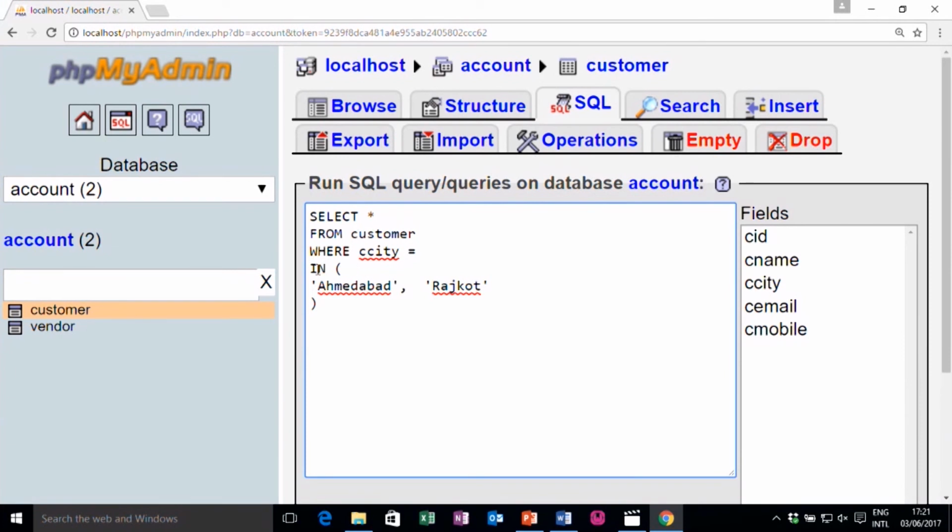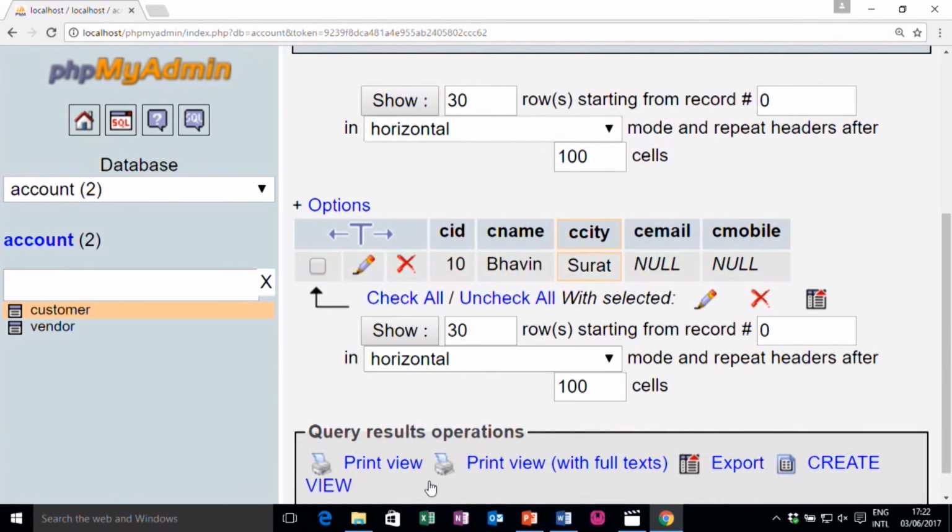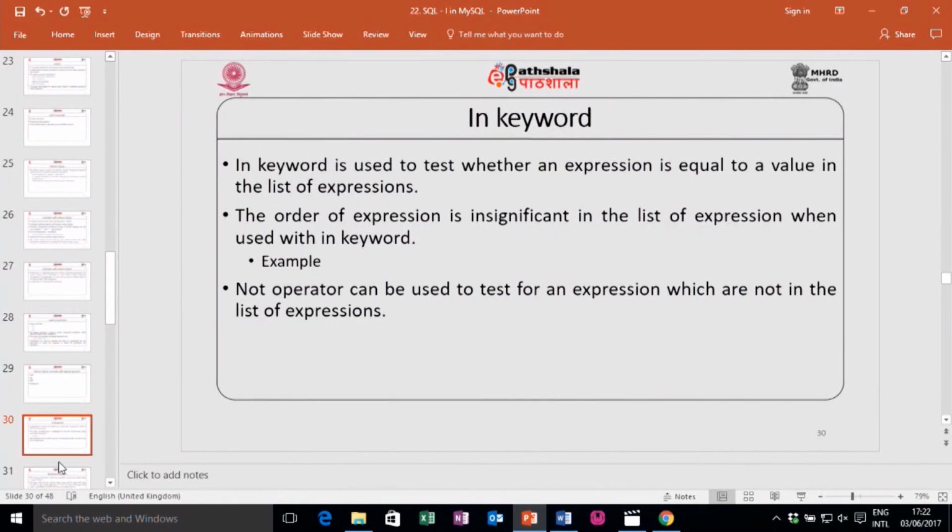Say, for example, I can write where city not in Ahmedabad and Rajkot. So, it will show me only those records where the city is not Ahmedabad or Rajkot. Right. So, we have only that one record. So, this is about the IN keyword.